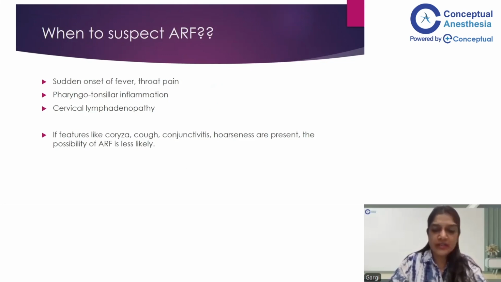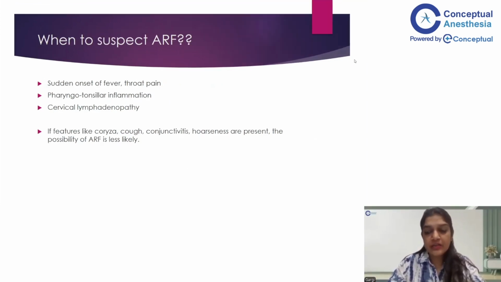So when to suspect acute rheumatic fever? Now, we all get affected with viral fever day in and out, and it's very difficult. But when specifically talking about beta hemolytic streptococcal pharyngitis, which is an inciting event for rheumatic fever, in those cases patients will mainly have sore throat and a sudden onset of high grade fever, unlike in viral fever where the fever is quite low grade.